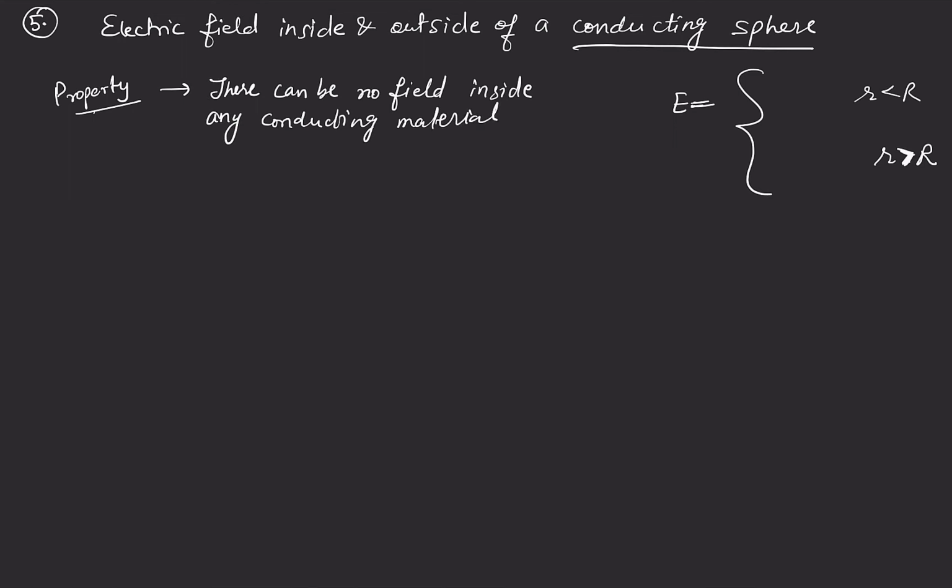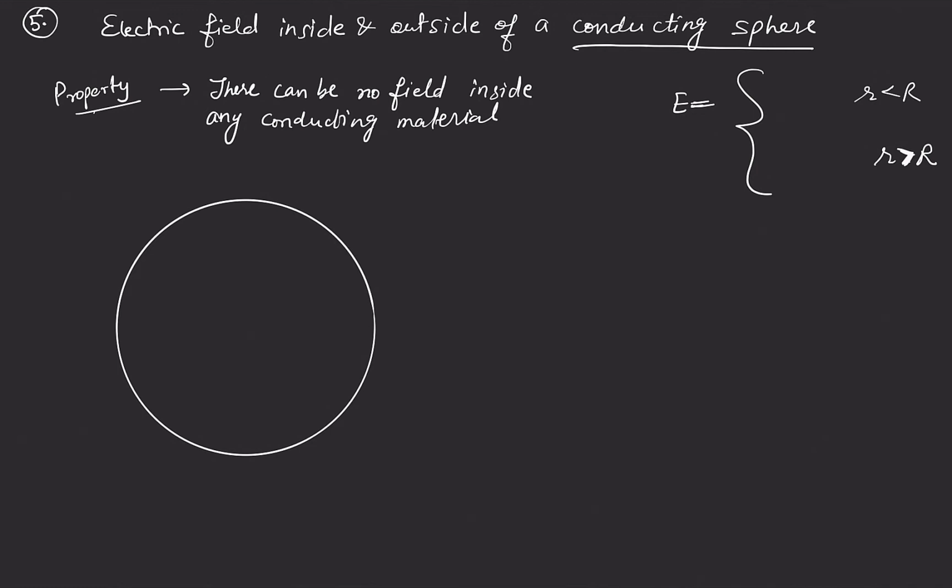So this is a necessary property. There can be no field inside any conducting material. So let's say again we are given a sphere, but this time it is made up of some conducting material. Let's say it is made up of metal. So since metal is conducting,